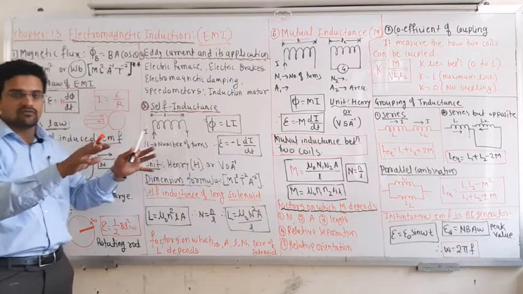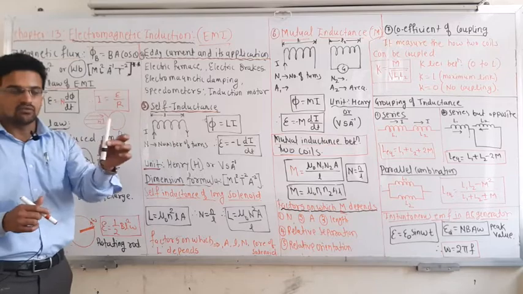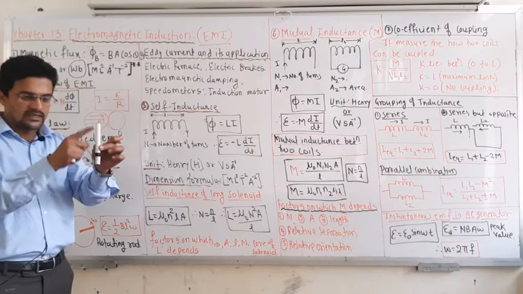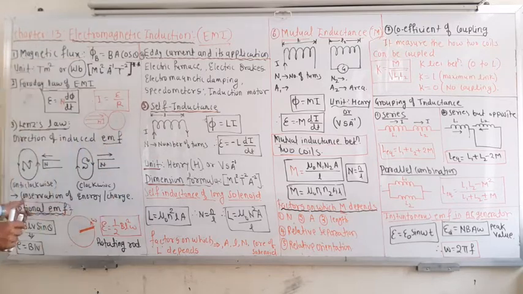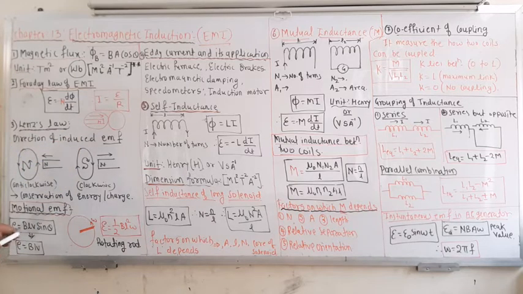Suppose there is a magnetic field, and in that magnetic field this conductor is moving with velocity v. This conductor has a length L. Then how much motional EMF is developed across its ends? It is given by E is equal to BLV sin theta, and if sin theta is maximum, that means perpendicular, then sin theta becomes 1. So your final equation will be E is equal to